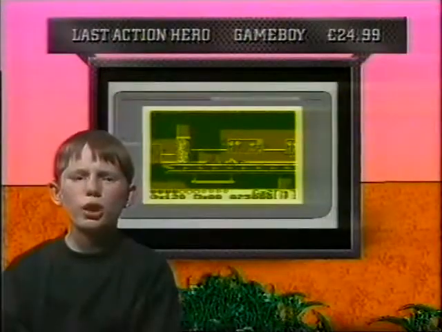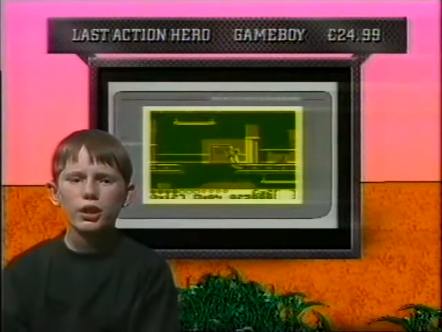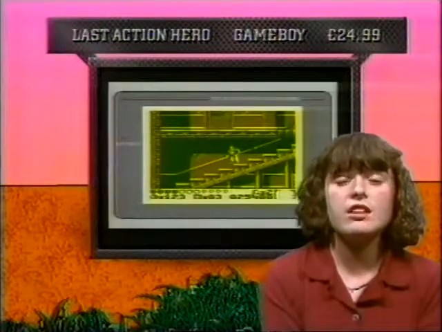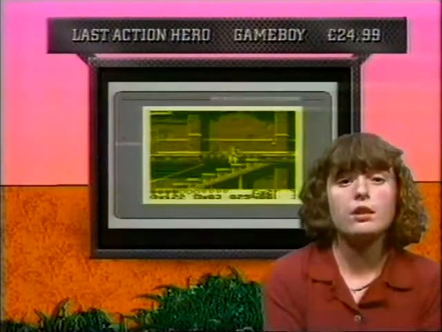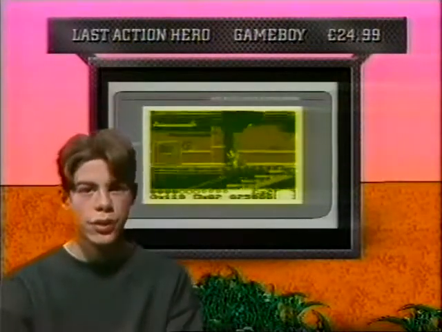It's just too repetitive. This is the worst Game Boy game I've ever played. It's way too hard. It's difficult to see. There are lots of better beat-em-ups. It's good fun, but too hard. This sort of game does not work on the Game Boy. This game's too ambitious for the Game Boy. You just can't handle all the action on screen at once.